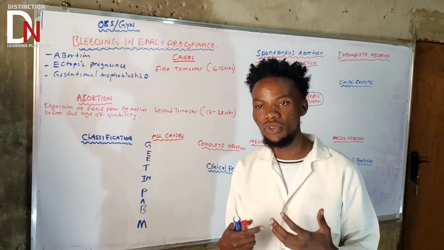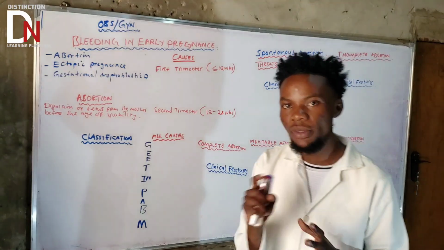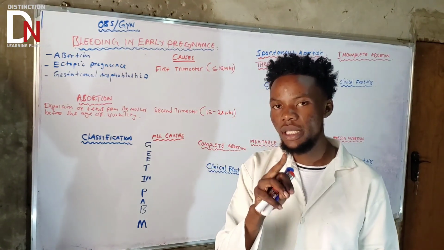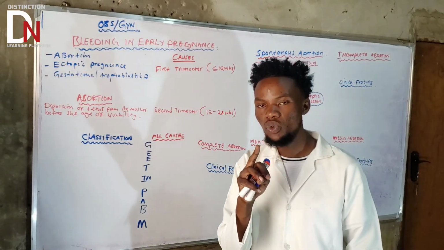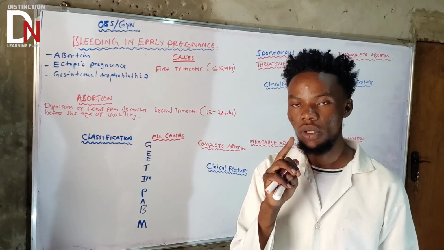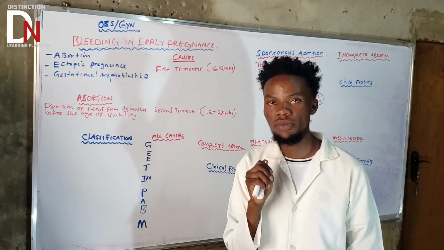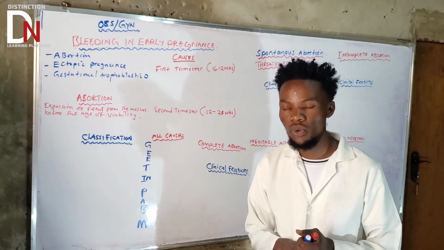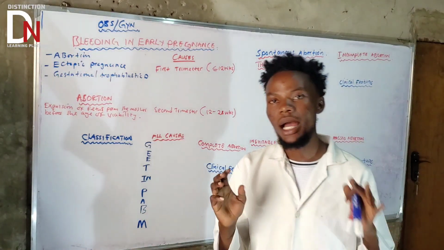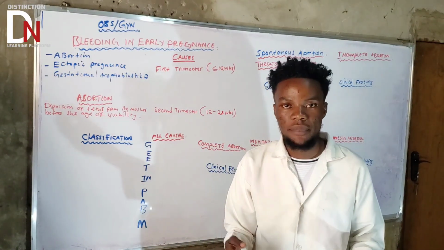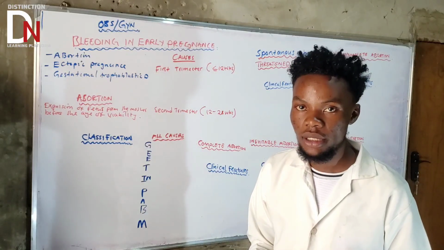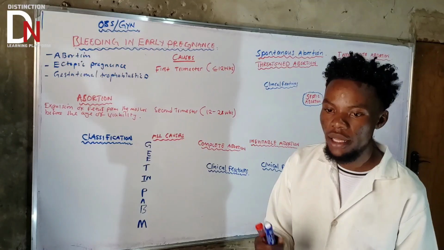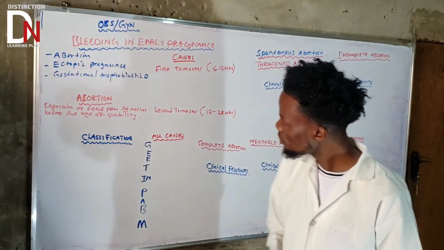But according to WHO, the age of viability starts from approximately 22 weeks and above, because at 22 weeks the fetus weighs about 500 grams or greater, which makes it very possible for a fetus to survive outside the uterus. But in other countries, including Zambia, the age of viability is greater than or equal to 28 weeks of gestation age, okay? Others consider 24.